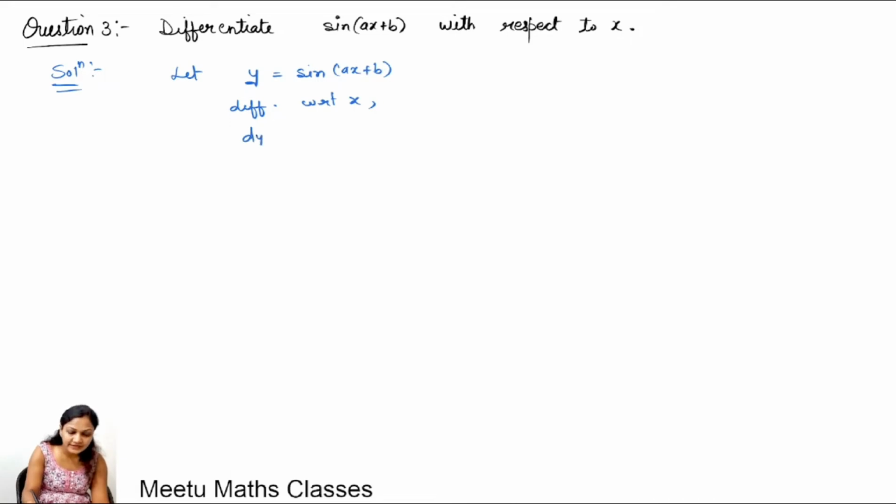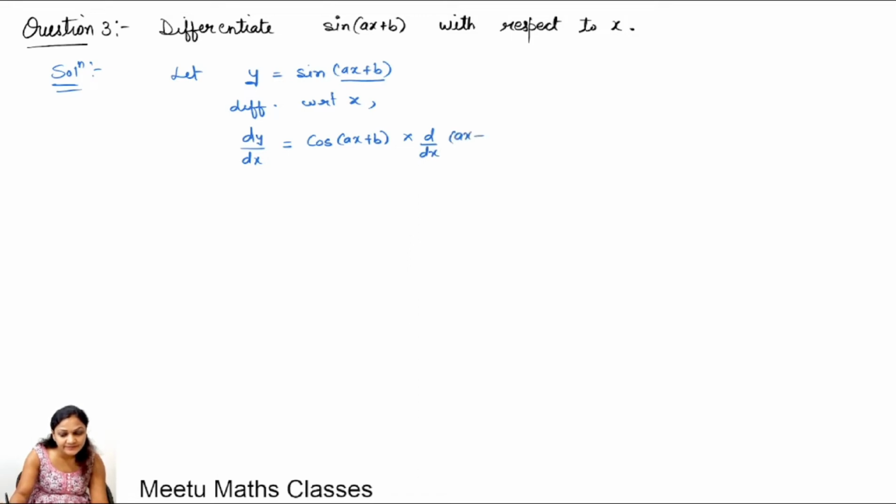So we get dy by dx is equals to the derivative of sine of ax plus b. We know the derivative of sine x, so we can treat ax plus b as x. So the derivative of sine x is cos x, and we are going to multiply in turn with the derivative of